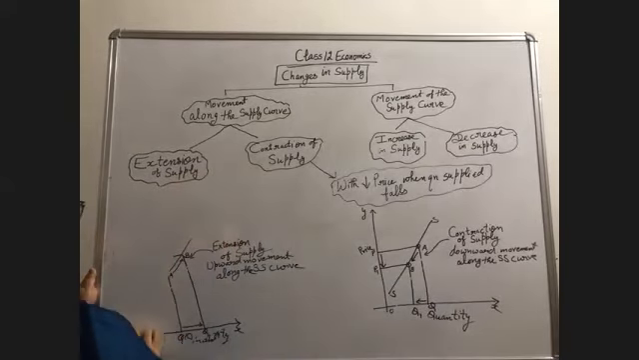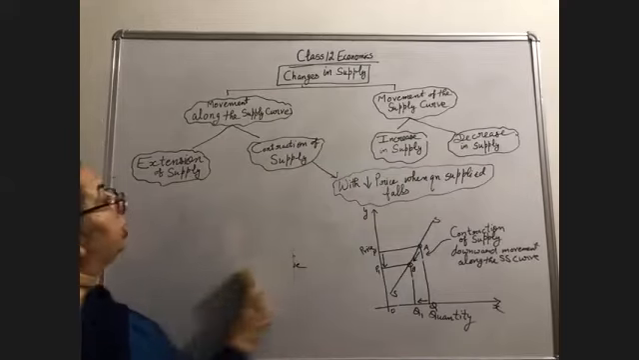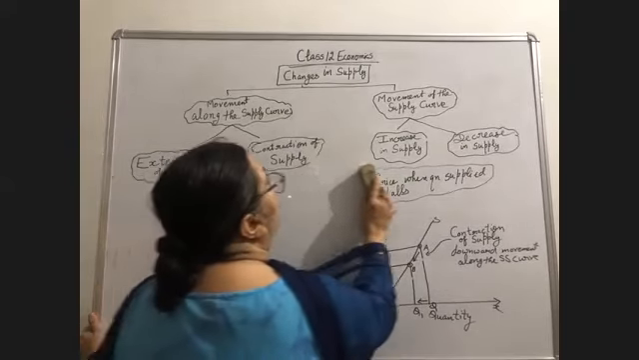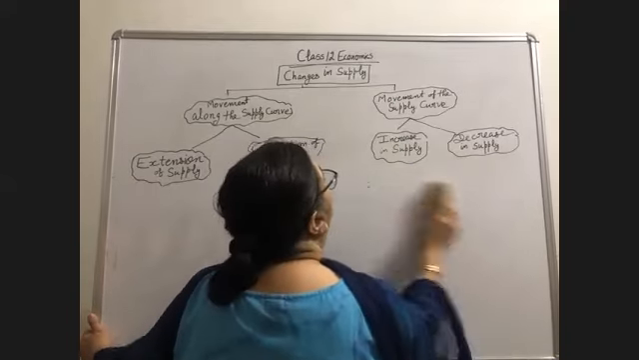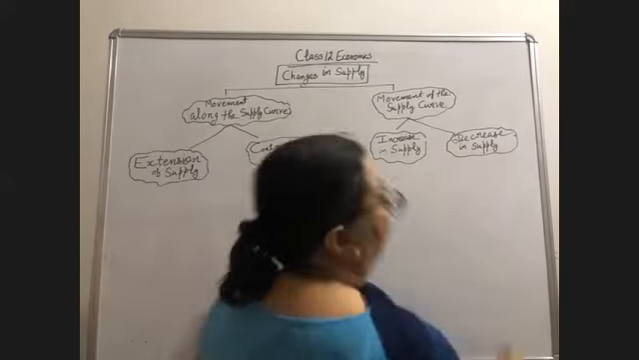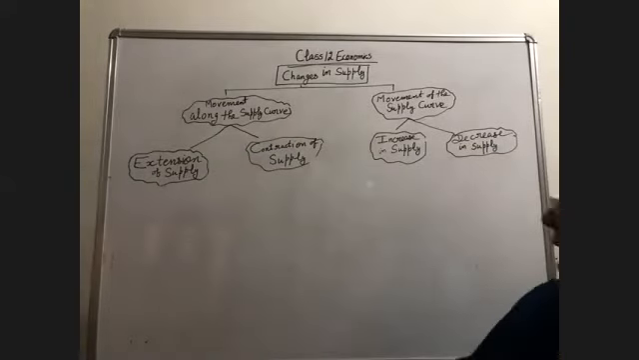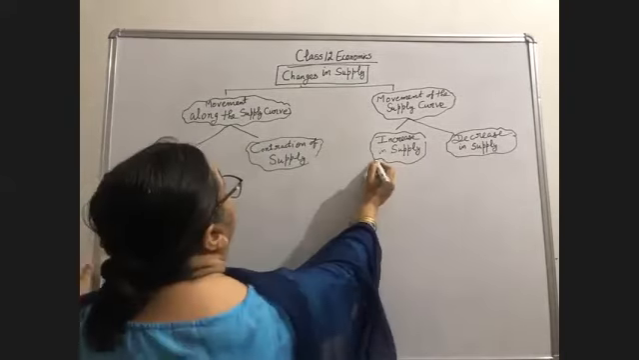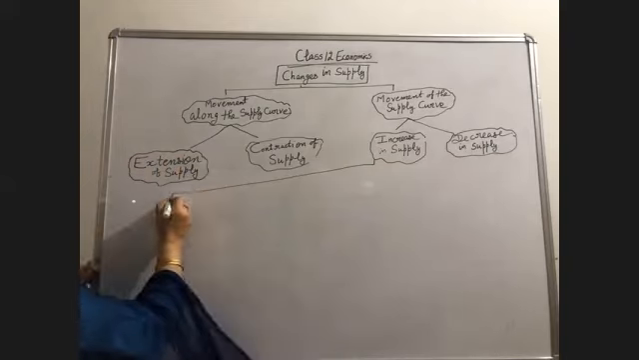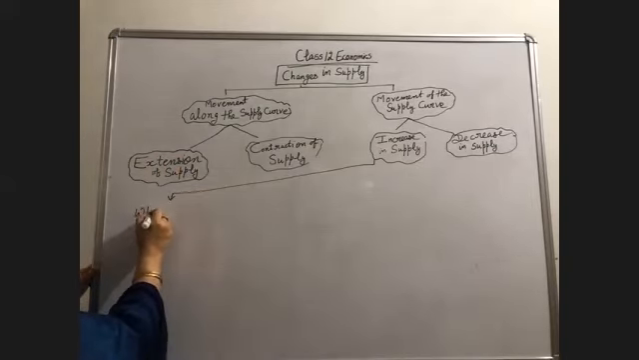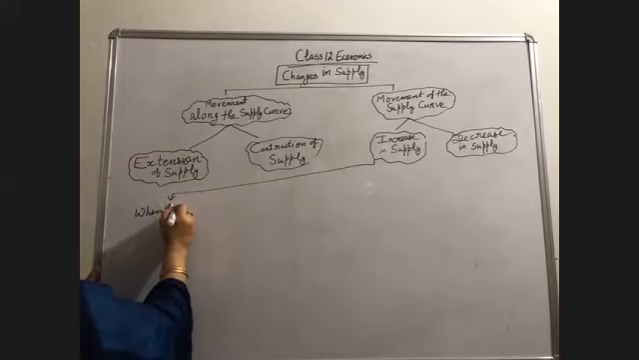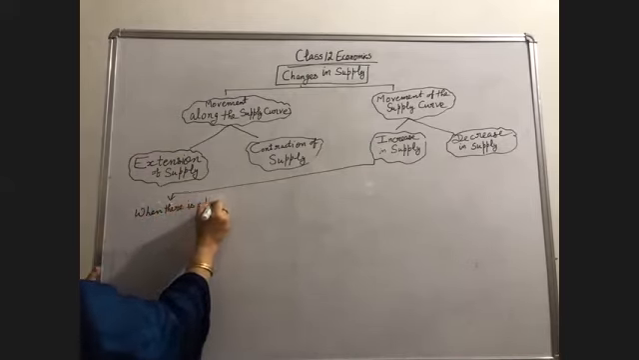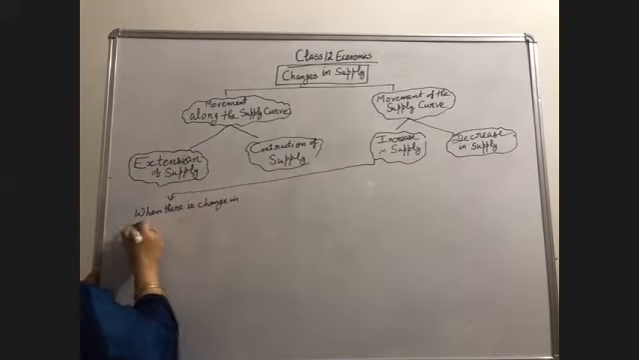Okay, I am going to clear the board from here so that we can discuss the other two points. I'm not clearing completely. So let us start with increase in supply. What does it mean? At the same price, when there is a change in factors other than price,